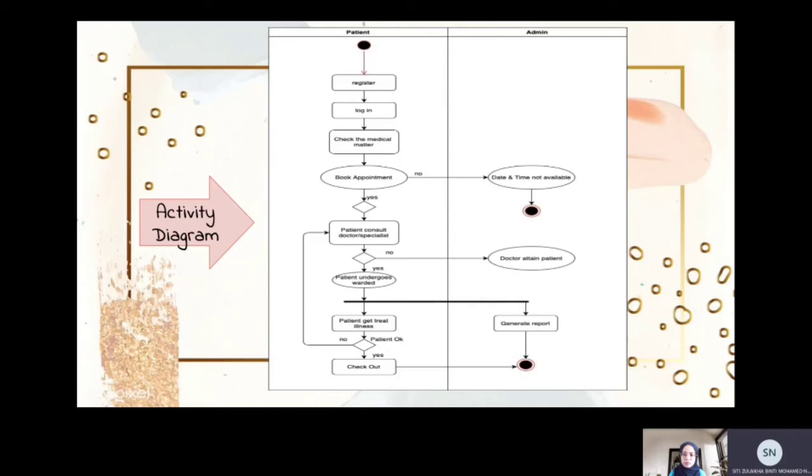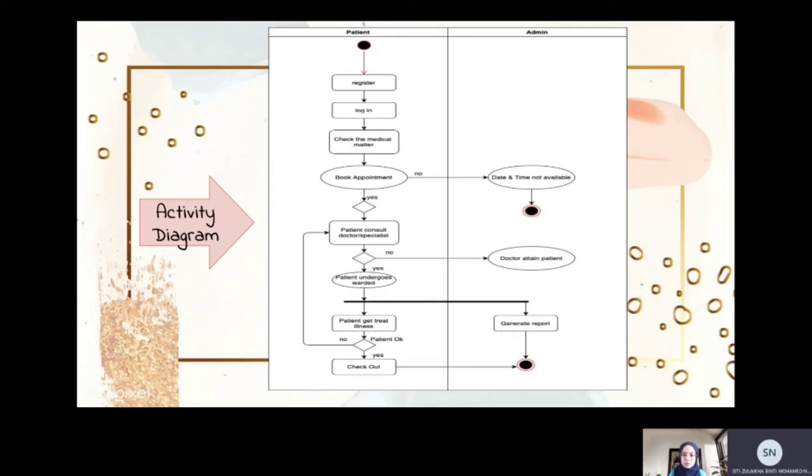After consulting the specialist, the patient goes to be warded if they need to be. The patient can get treated for the illness. But if the patient does not need to be warded, the doctor can attend to the patient, and the patient will stop there.